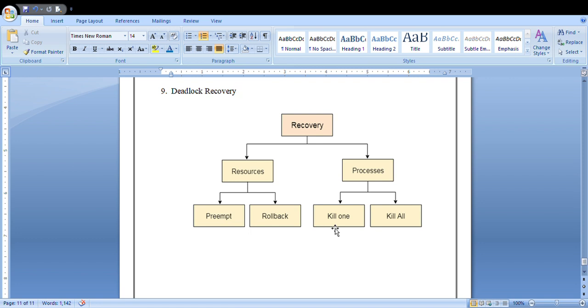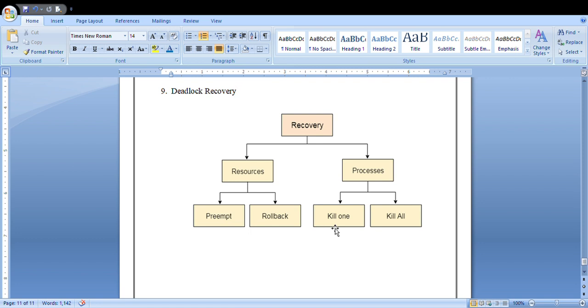And the next one is rollback. What do you mean by rollback? Rollback is nothing but, once the OS enters the deadlock condition, it is just like the undo operation in your documents. If you press Ctrl+Z, or perform the undo operation, it will go one step back, right? That is just like rollback. Rollback is just like that undo operation.